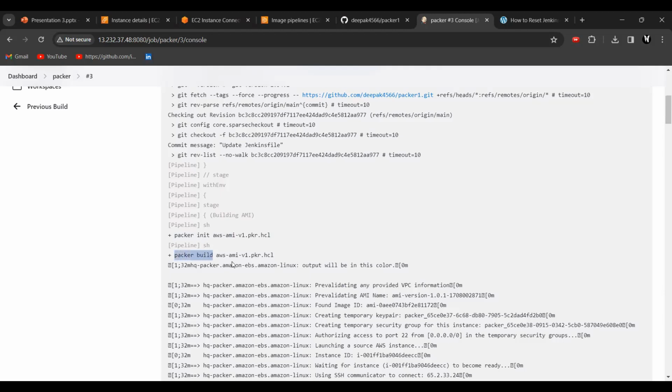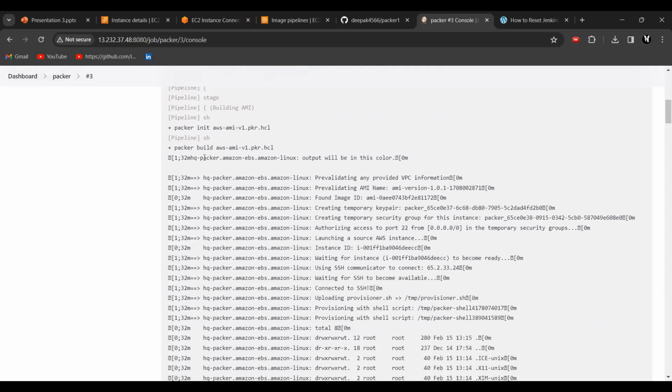Next, we kept the command packer build in the Jenkins pipeline. It will automatically pick provisioner.sh and validate this information in the .hcl. First thing is that it will check whether this AMI name is present or not. We have given the Amazon Linux AMI, that it will check,